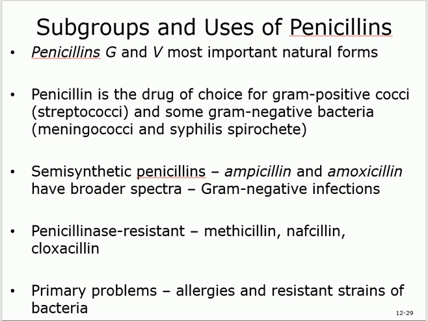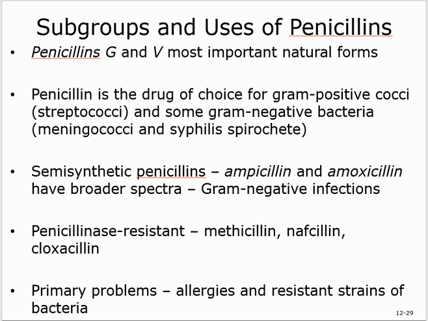Problem number 2. Many organisms produce enzyme that break down penicillin. Why? We don't know. It just happened. They found it. Some of these bacteria secreted something and they found out that this something broke down the penicillin. They call this enzyme penicillinase. Do you remember ASE at the end of any word? It's an enzyme. So what's a penicillinase? An enzyme that breaks down penicillin.